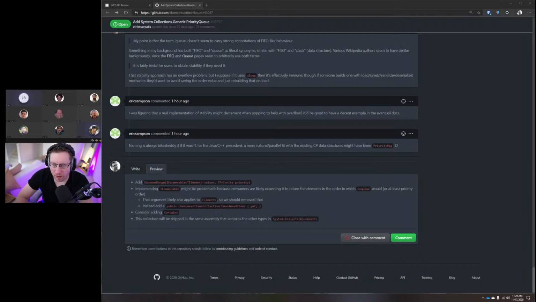Well, then let me ask you this. Are we okay with saying if we implement IEnumerable, we are okay with paying the overhead of whatever it costs to actually order them? No. I think the main problem here stems from the fact that enumerating a regular queue guarantees ordering. So I think people might just copy and paste some code that consumes a queue and expect that the same thing will happen with priority queue. I think that's the biggest risk.